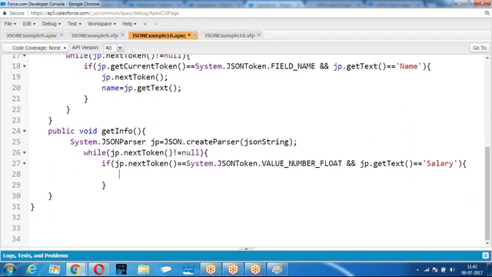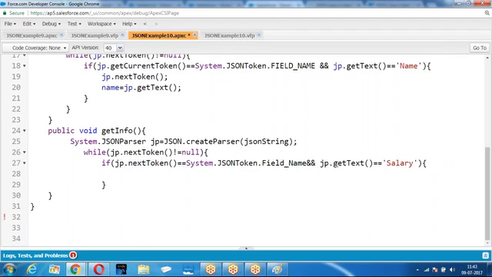Is the current token equal to field name? Sorry, it's not a value. If the current token is a field name and that field name is salary, then get the value.